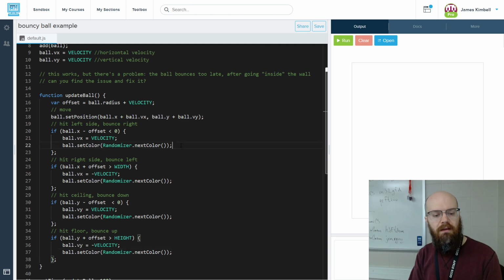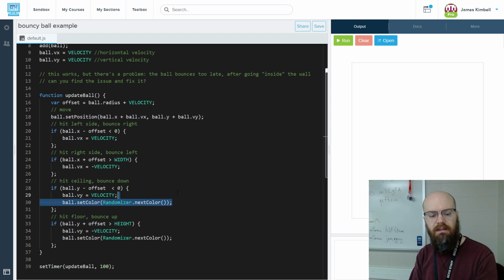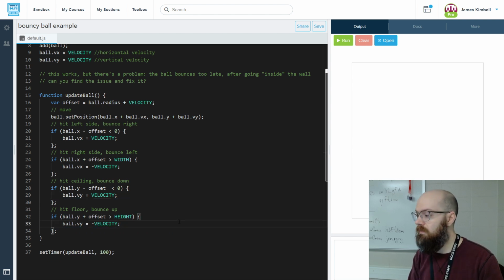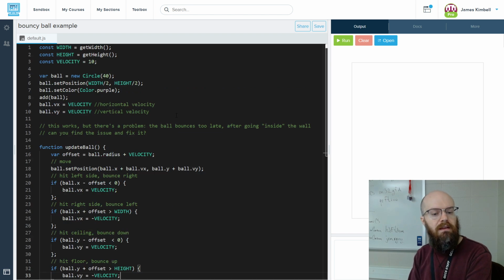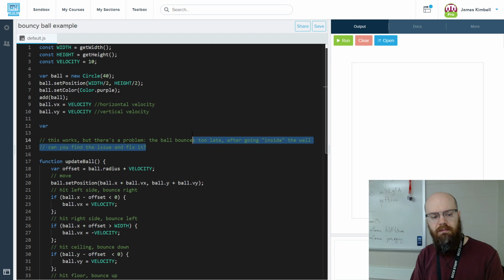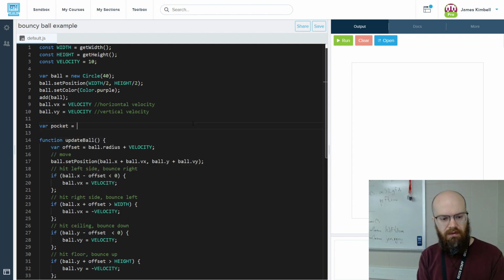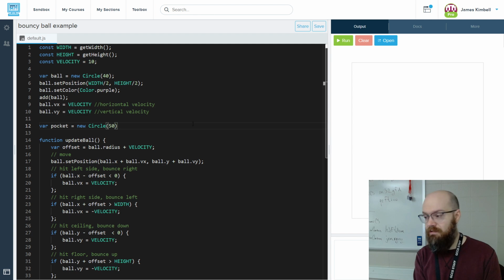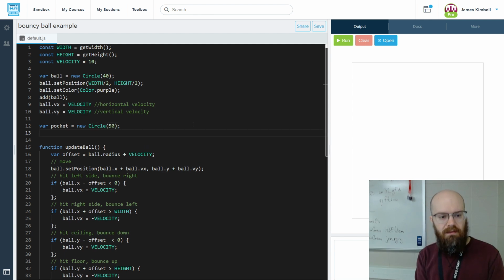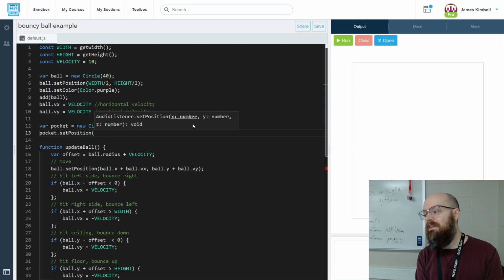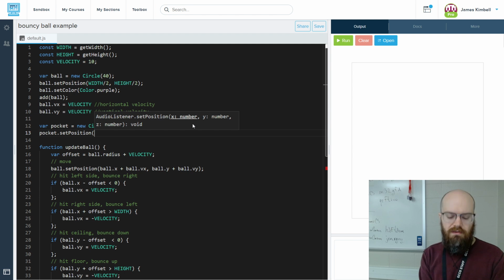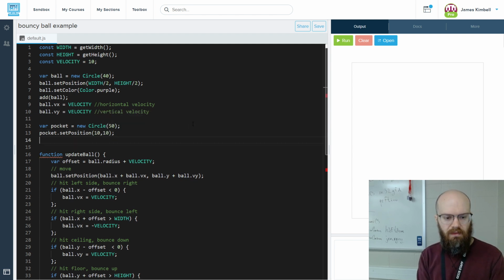So let's take it. I'm going to remove the color thing, but it was a good try, and you can experiment with your own ideas. And instead up here, I'm going to go var, and let's delete this comment because it's not true anymore. Pocket is new circle, and let's say 50 because it should be bigger than the ball, right? Because otherwise the ball can't go in. And then let's go pocket.setPosition. It's going to start in the corner, and the easiest corner is the top left because that's where we just give it numbers from 0. We don't have to go out minus anything. So let's just say 10, 10, and then let's go add